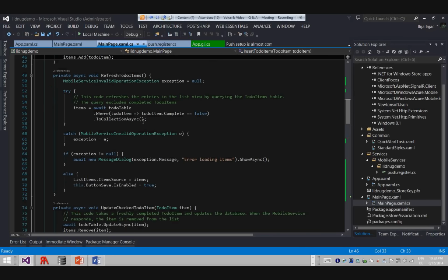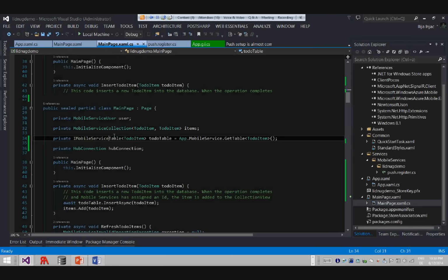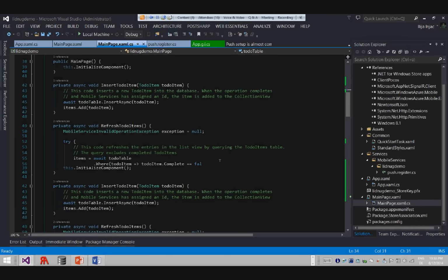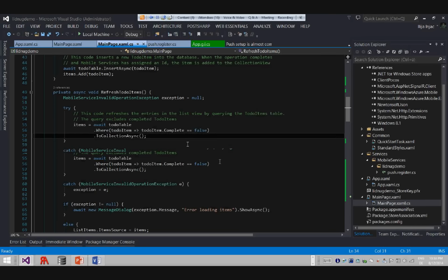You add items like this. So you can refresh the items. This is where you select all the items from the table, and you fill this collection that was defined here,